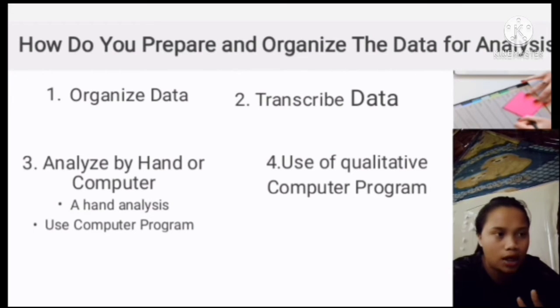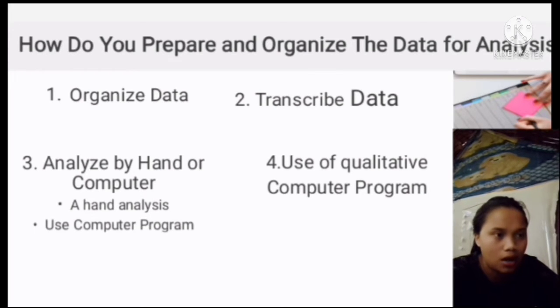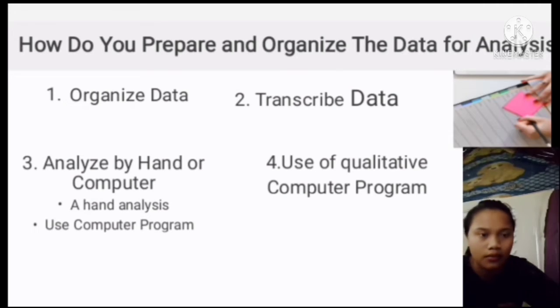The three points of organizing data we want to talk about together are: the first is developing a matrix or a table of sources that can be used to help organize the material. The second is organizing the material by type. The third is keeping duplicate copies of all forms of data.